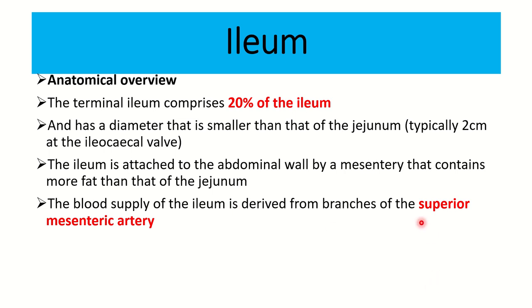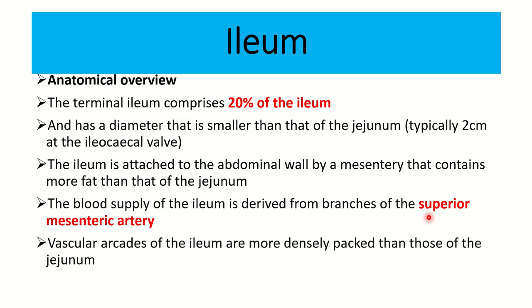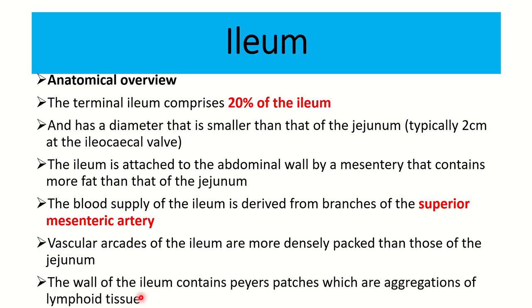Blood supply of the ileum is from the superior mesenteric artery. This point is very important. The ileum gets the whole of its blood supply from the superior mesenteric artery. They form the vascular arcade to supply, and all of the ileum contains Peyer's patches, aggregations of lymphoid follicles. So this point is very important regarding the ileum. Most of the infection occurs due to this terminal ileum lymphoid tissue, because lymphoid tissue is related to the defense of our body. And during defense, when the terminal ileum fails, then the disease stays in the terminal ileum and then it disseminates